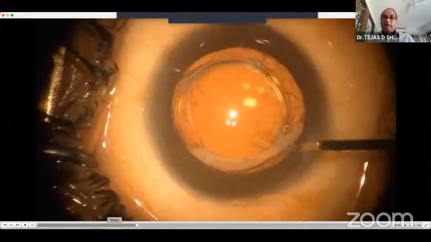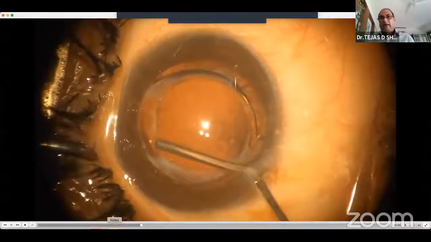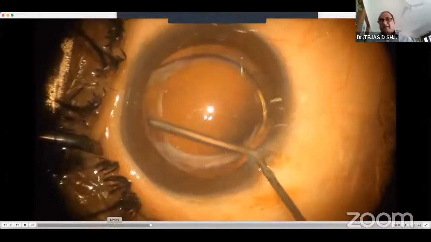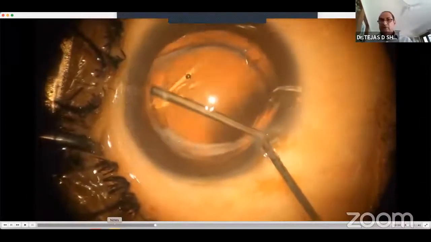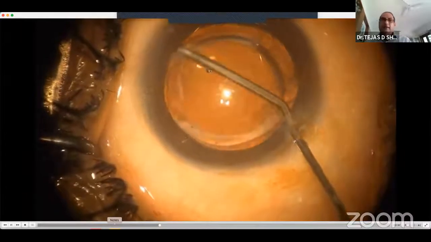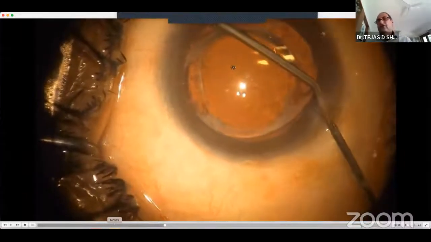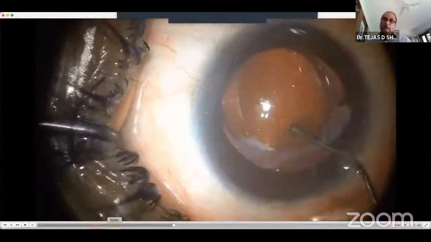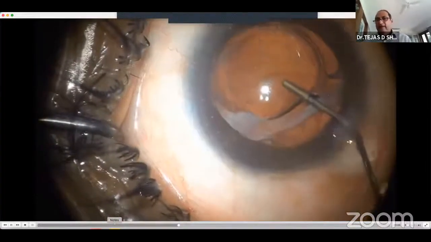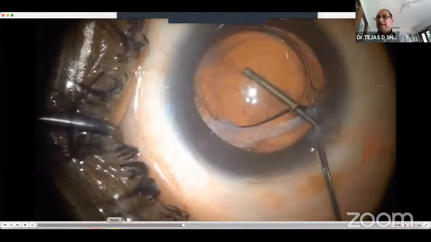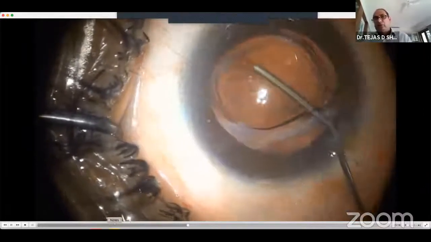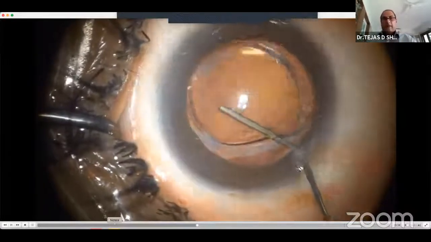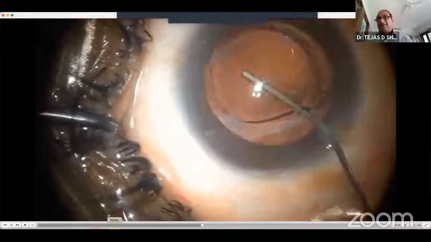First of all, I'm trying to separate the anterior capsule margins from the IOL. We have to keep in mind that since such a florid posterior capsule opacification occurred, there has to be some laxity of the bag, so these cases are going to be easy to deal with. Our endeavor is to go behind the IOL and clear the posterior capsule, not opening it. This is just a dry aspiration.